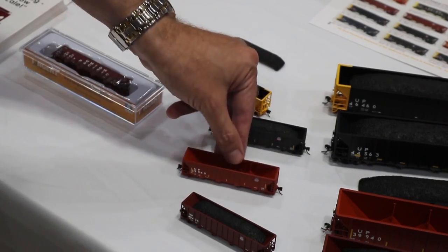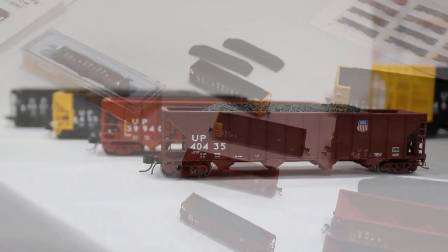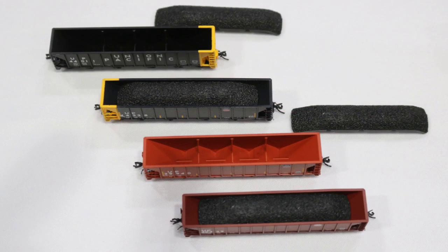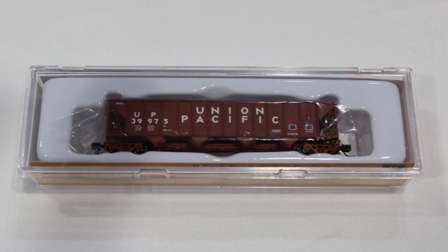We offer these cars in a whole plethora of Union Pacific paint schemes. We have 12 different releases for this run, multiple numbers available depending on the scheme. Some of them are 12 number runs, some of them are single numbers. These cars are all based on prototype photos, so you can always check out the prototype photos on our website,